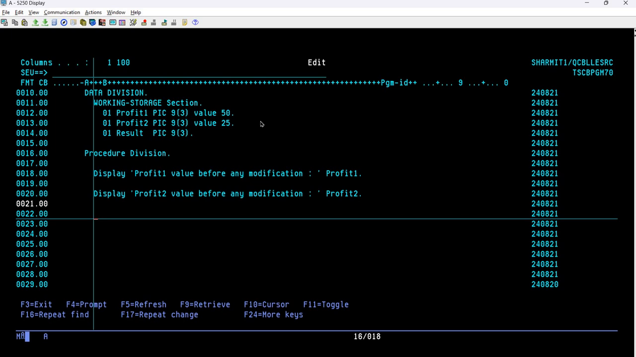Okay, fine. Now after this we will use the actual statement which is multiply. So simply write here multiply profit 1 by profit 2, and then we will write here giving result on size error. Here we are writing the actual keyword which is on size error,